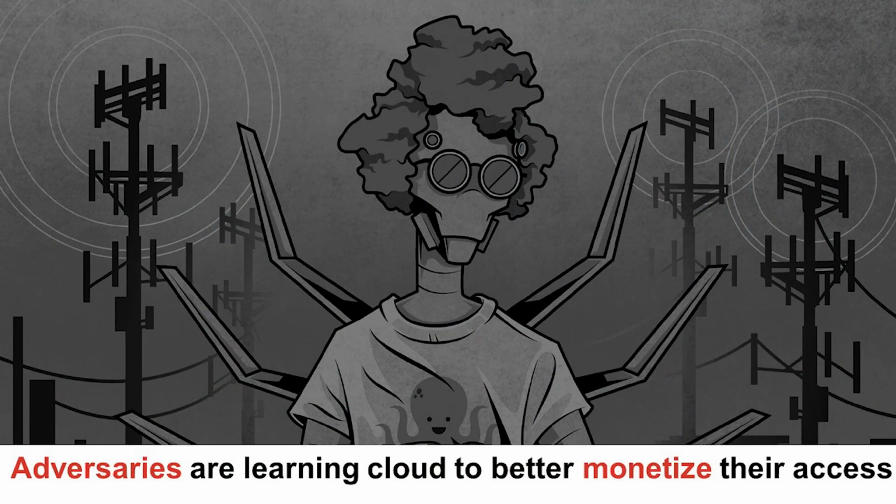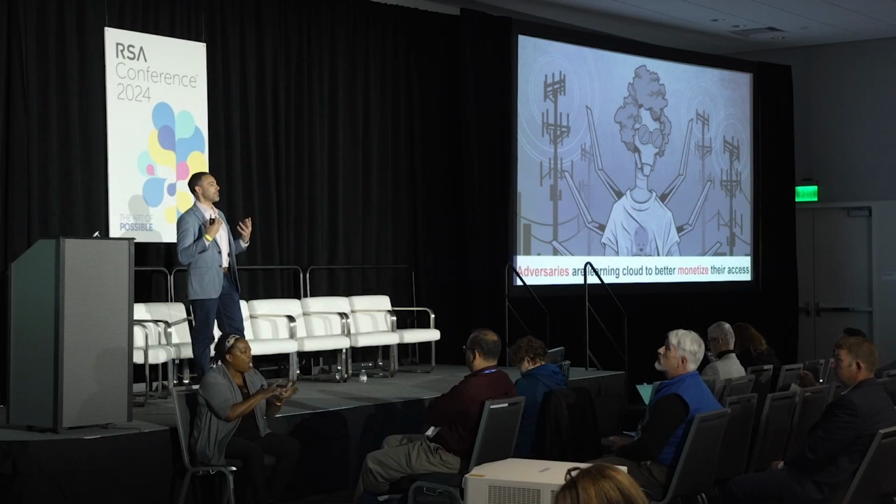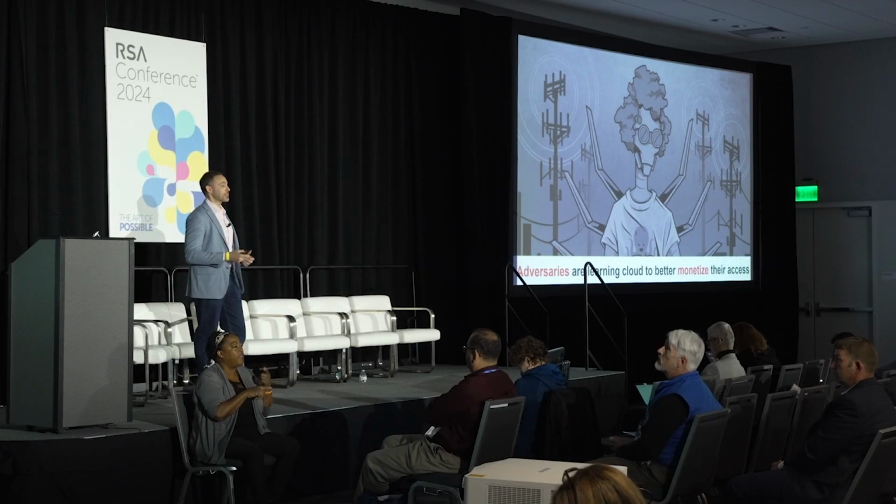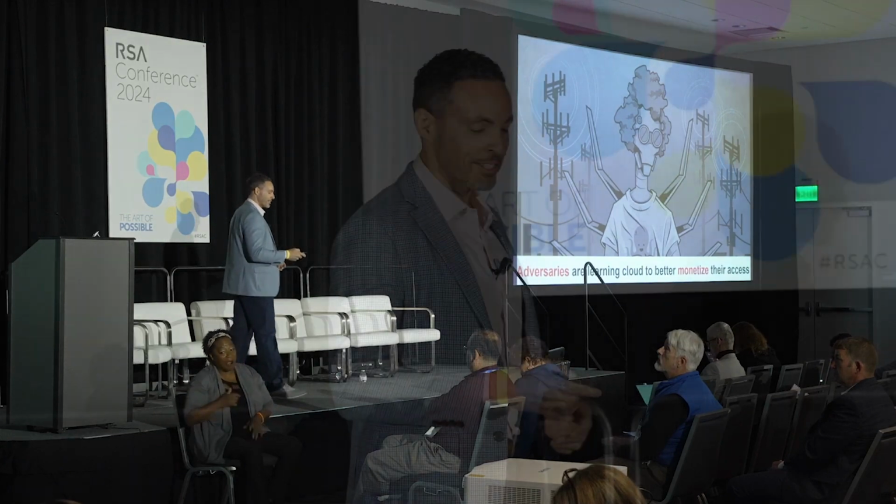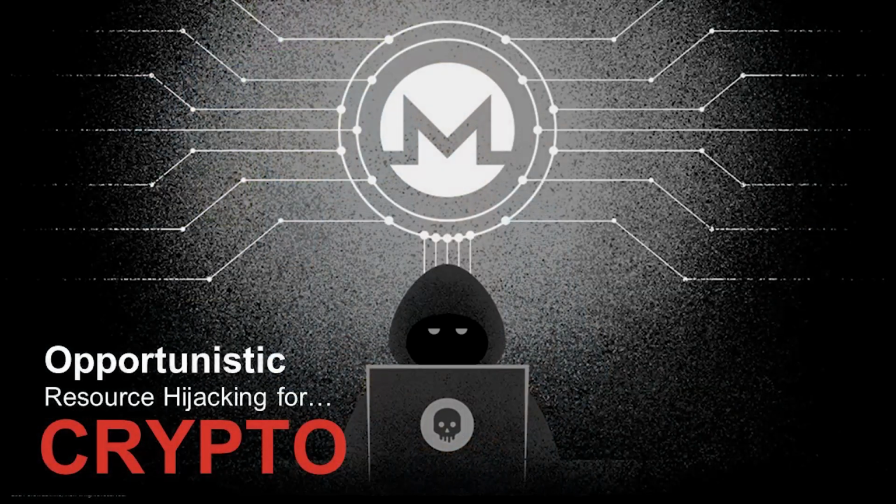So these adversaries, they're monetizing their access any way possible, right? They want to get in, extort you. They're trying to make a dollar, trying to make a buck. Don't feel sorry for them though, right? That's not the objective of this. They've basically learned to understand, hey, if I get into this environment, I can leverage these resources for something like crypto hijacking.